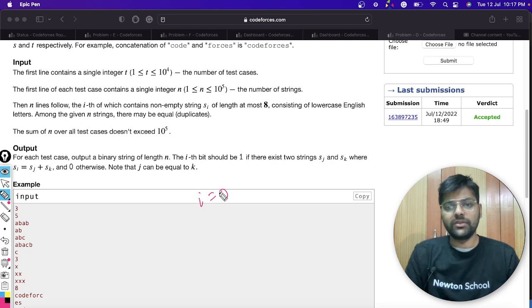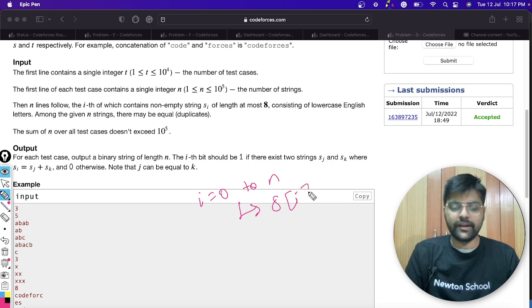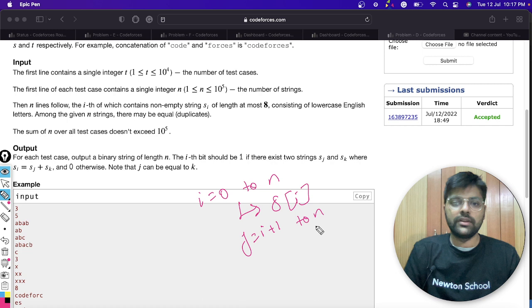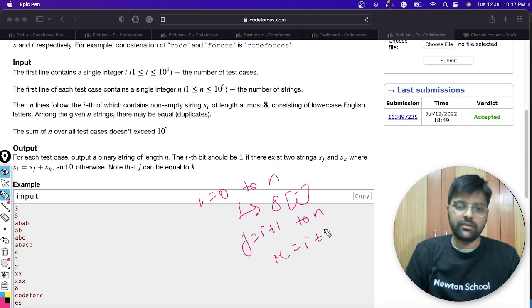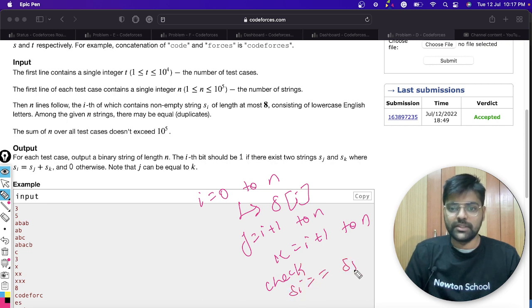We will iterate i equal to 0 to n. We have got string si, and then we will iterate over two more strings, j equal to i plus 1 to n, k equal to i plus 1 to n, and check whether si equals sj plus sk.